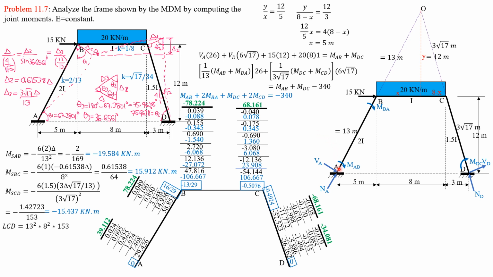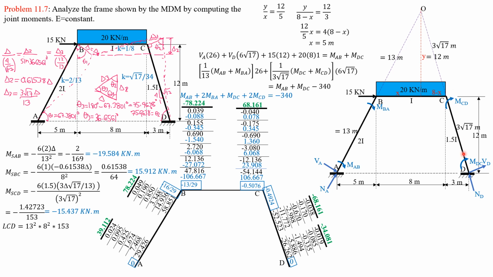So if we draw the free body diagram of just column AB, then we have to consider moment BA as shown. Considering column CD, we have to show also moment CD. So considering AB, summation of moments about B equals 0, shear at A times 13 equals MAB plus MBA. Therefore, shear at A is 1 over 13 times the quantity MAB plus MBA. Then we have 26 as the moment arm from the original FBD.